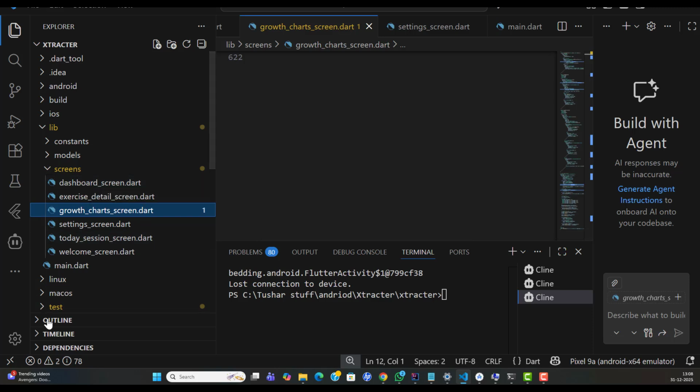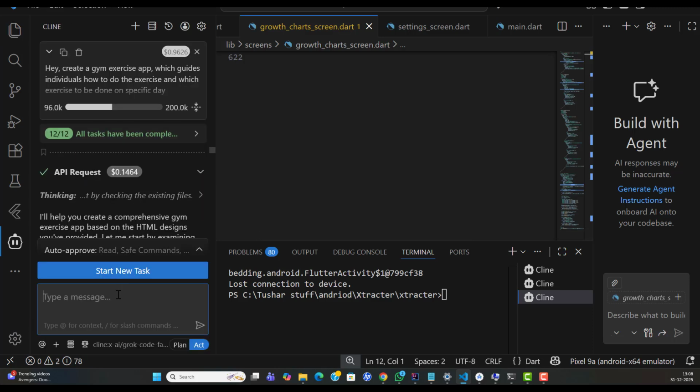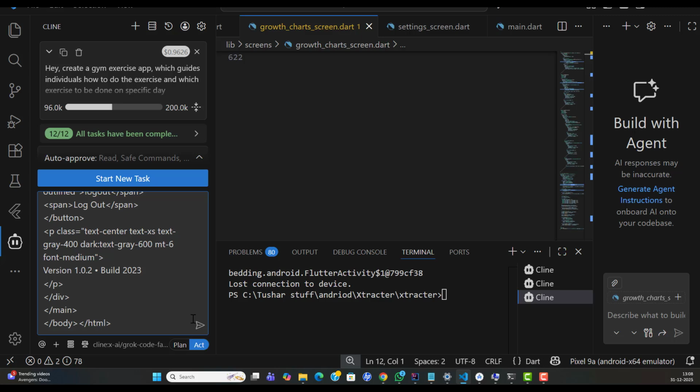So once, like I showed you, you just paste your script over here and just enter. Firstly, it will create all the six files, or seven or eight, depending on the application you are trying to create. It will create all the Dart files and then it will also execute your application using the command flutter run. Before running that flutter run, you have to ensure that you have linked your application to some emulator